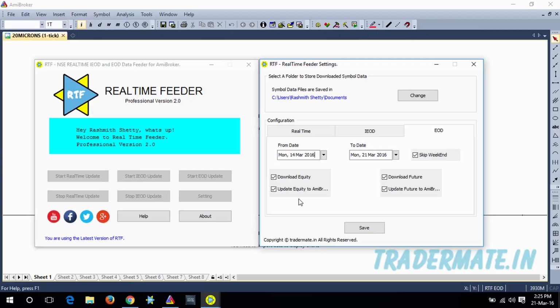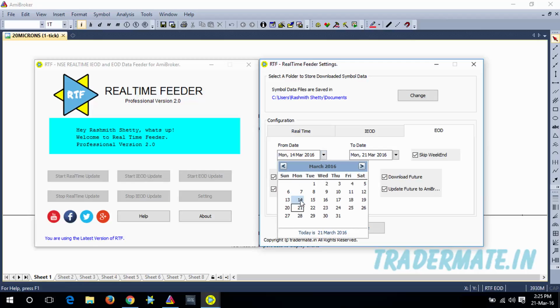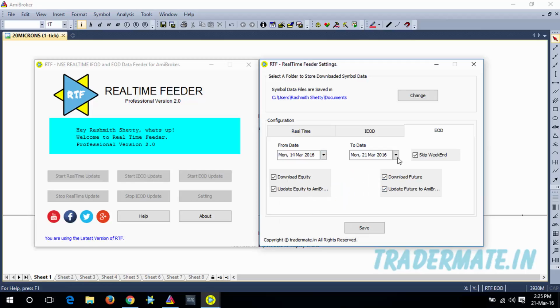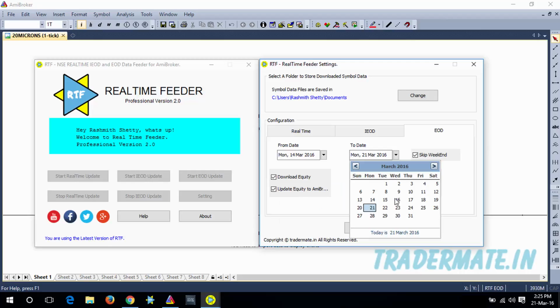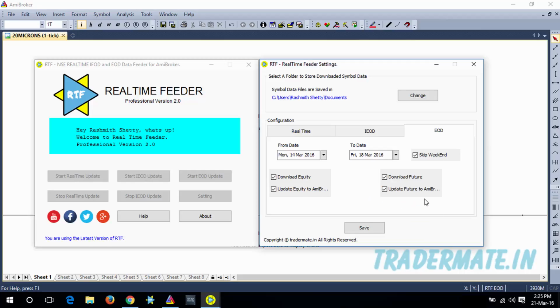For demonstration purposes, I'm going to specify the date as 14 March 2016, and then select the to date, 18 March 2016. So now we are downloading the NSE EOD data from 14 March 2016 to 18 March 2016.